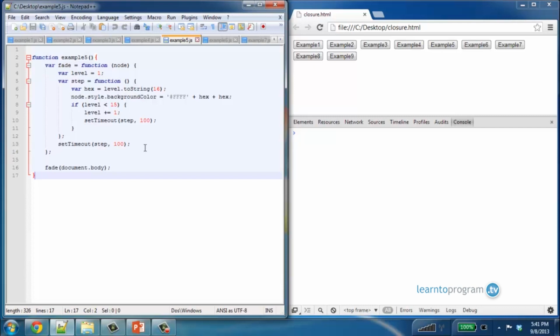A while later, the step function gets invoked again. It makes a base 16 character from fade's level. It then modifies the background color until it gradually changes to white. It looks at fade's level. If it hasn't gotten to white yet, it then increments fade's level and uses setTimeout to schedule itself to run